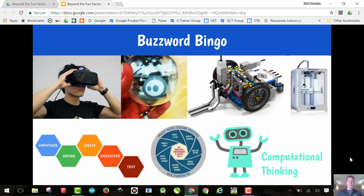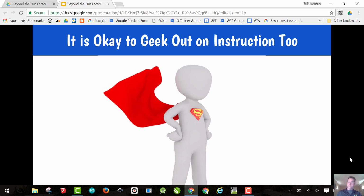in the curriculum department, I've really had to embrace the bottom row truly a whole lot more than I do the top. And that's where we want to put our focus. So it is okay to geek out on instruction too. Those of us into technology, we definitely geek out on all the cool tech toys, but it truly is, for teachers, in my opinion,